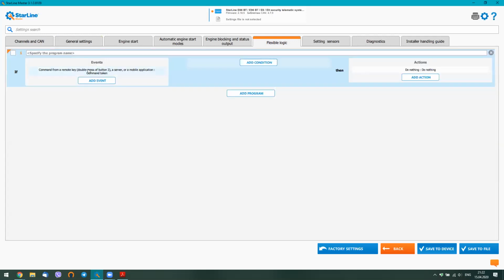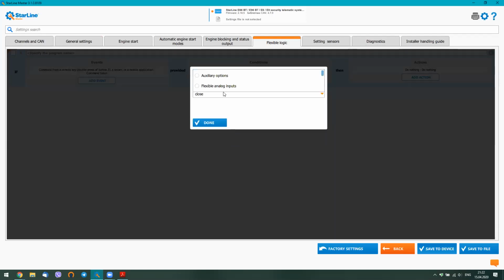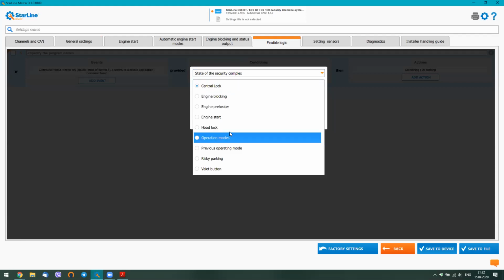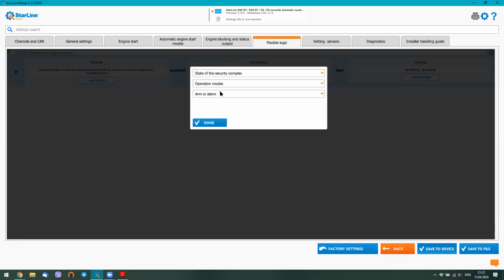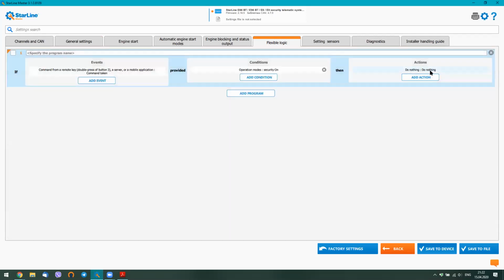So this is the event. And if the security complex separation mode is ARM, security on ARM, so we can